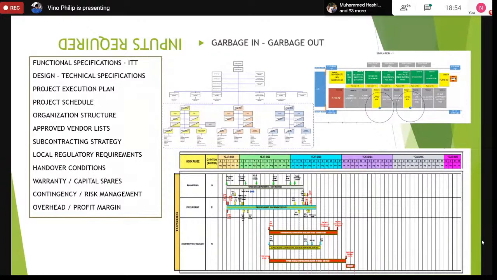And these different months and different locations are defined by how we have decided to execute the project, which is based on local compliance requirements, and the requirements by the client, where they want us to do certain parts of the project. So this is a topside